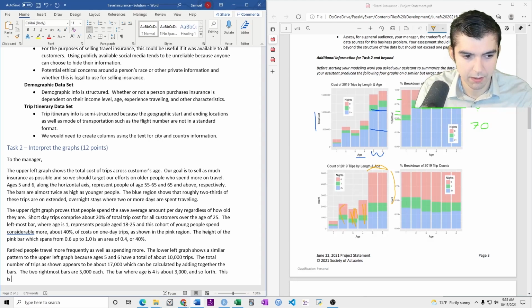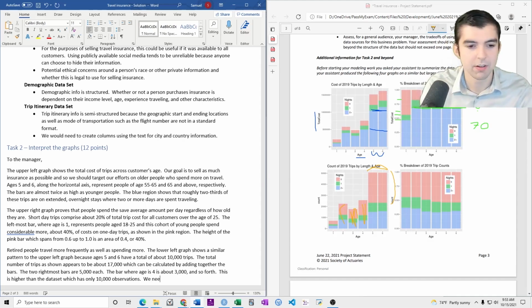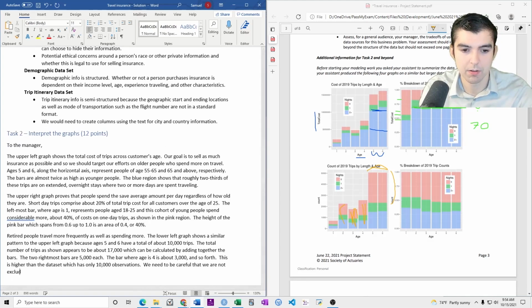This is higher than the data set, which has only 10,000 observations. We need to be careful that we are not excluding important trips from our analysis.